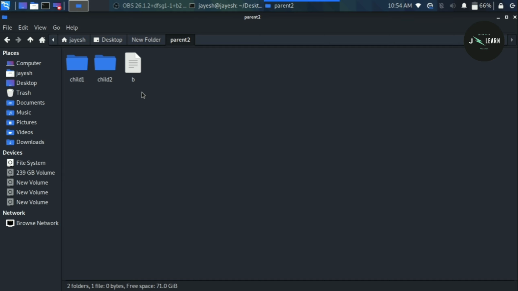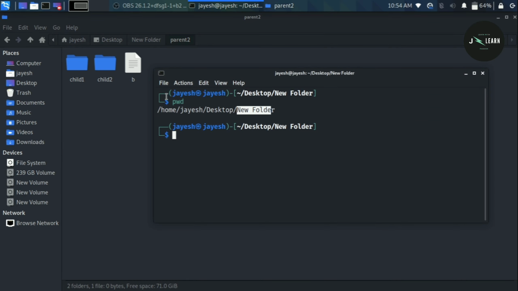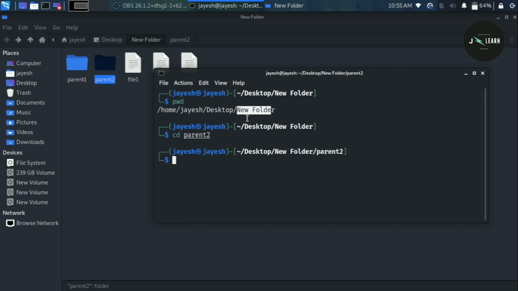Suppose we have to go in parent 2 folder. Here we can do so using cd command, cd space parent 2, which is nothing but name of the folder like parent 2, and if you press enter, as you can see now we have successfully entered in parent 2 folder.